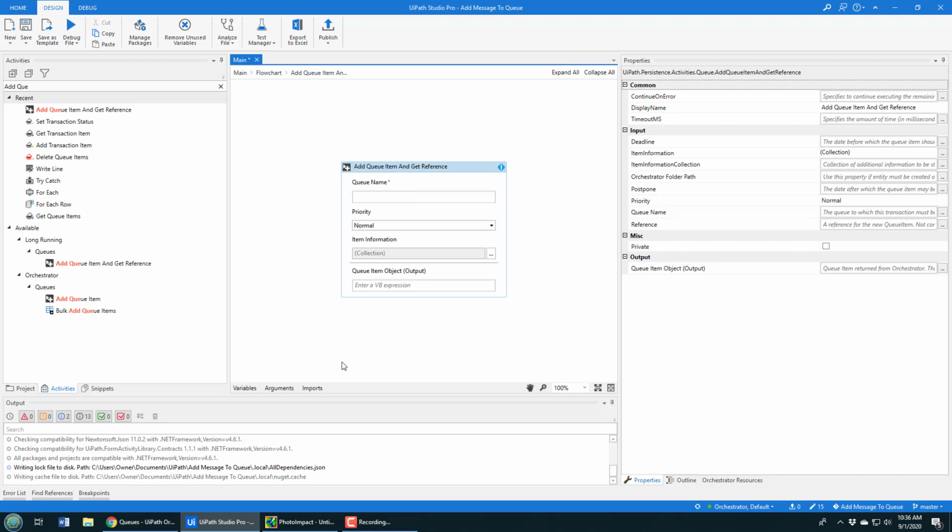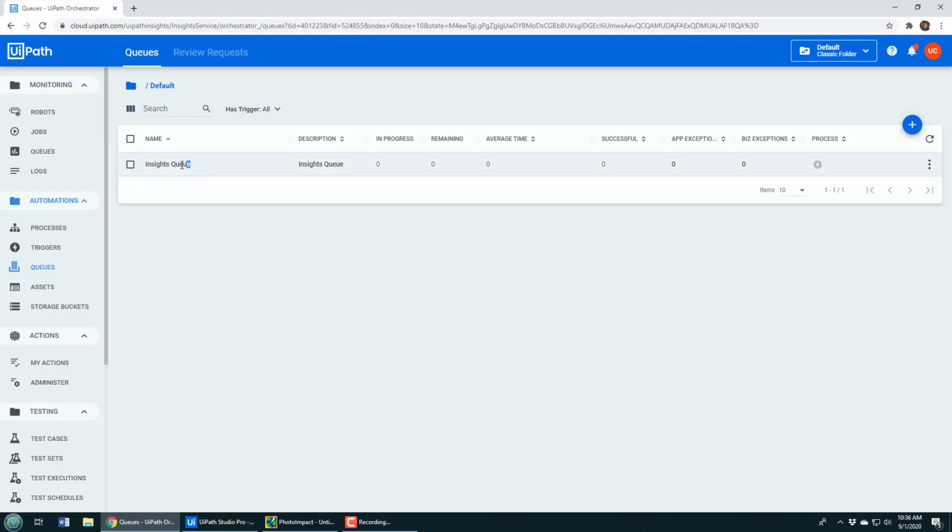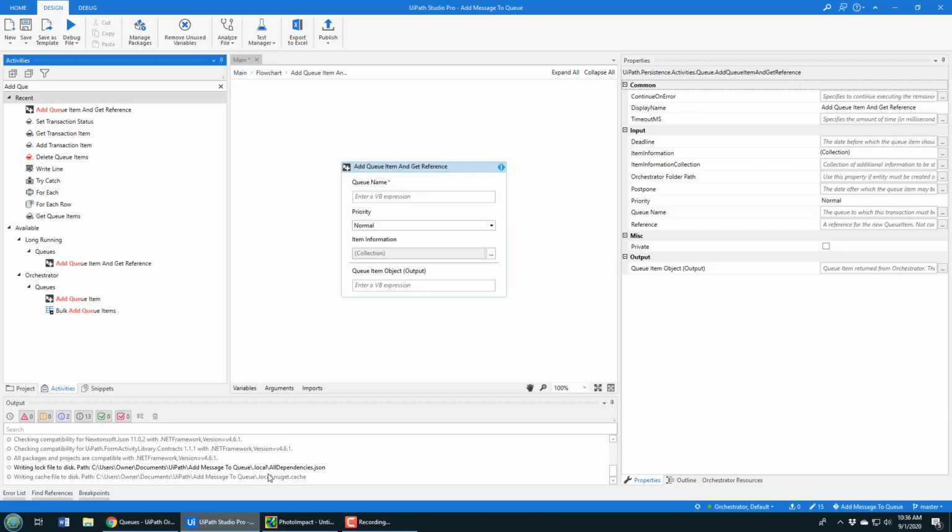There we go. And now it wants the queue name. And of course, the queue name just maps to Insights Queue. That needs to be in quotations. Normal priority, I'll give it high priority. And then you can have an expression to save the output to. I'm not going to worry about that now, but I am going to worry about what I actually put into